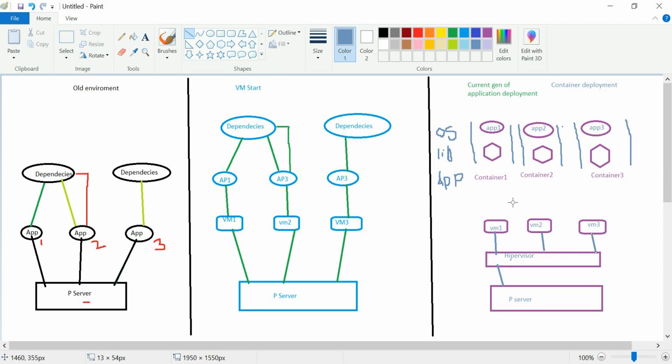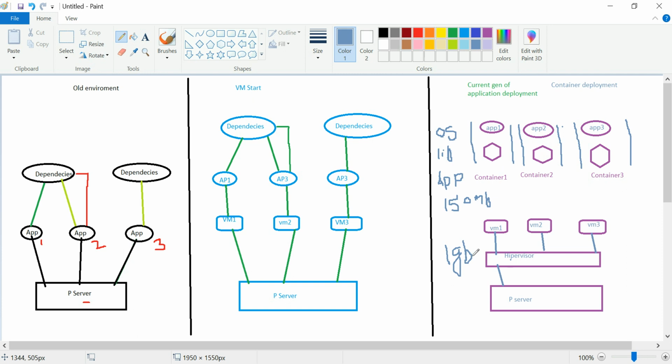But here the catch is, let's suppose this VM 1 is of 1 GB, right? Any container that is running on it could be of 150 MB.